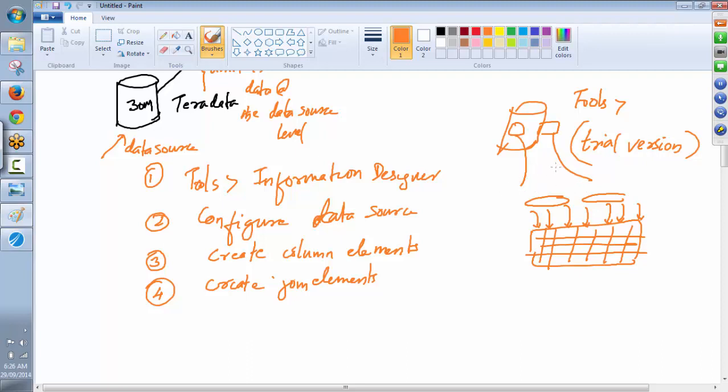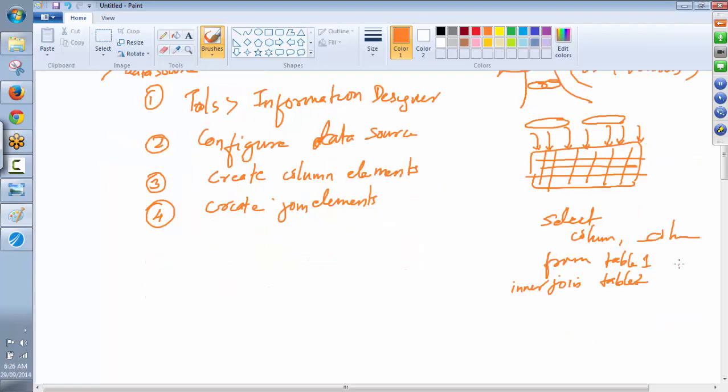When you have data coming from two different tables, and in a select query you want to get columns from two different tables, then you will have to write a join. A typical SQL join would look something like this. Select column name, as many columns that you want, then you say from table 1, then you say inner join or outer join, table 2,